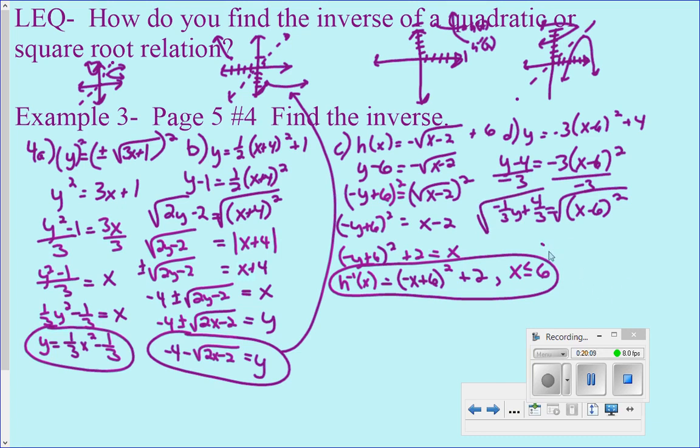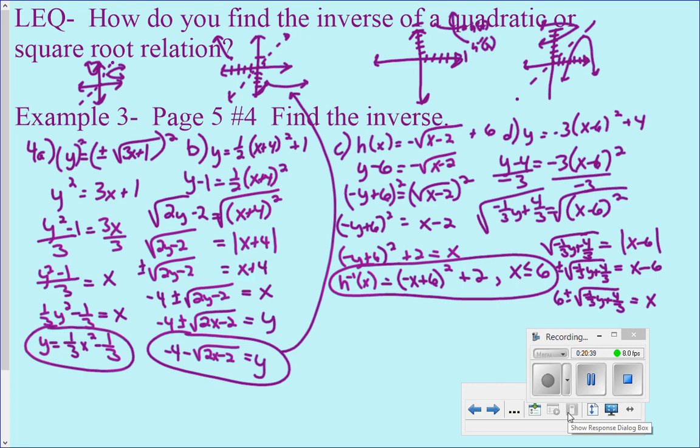Squaring a square root gives me the absolute value of x minus 6. So x minus 6 equals plus or minus the square root of negative 1/3 y plus 4/3. Add 6. And we have x, and this one was just y equals to begin with, so that is my inverse equation. I don't need a domain restriction because remember we started with a full parabola upside down. We ended with a full parabola on its side going to the left. The reason it's going to the left is the square root of a negative